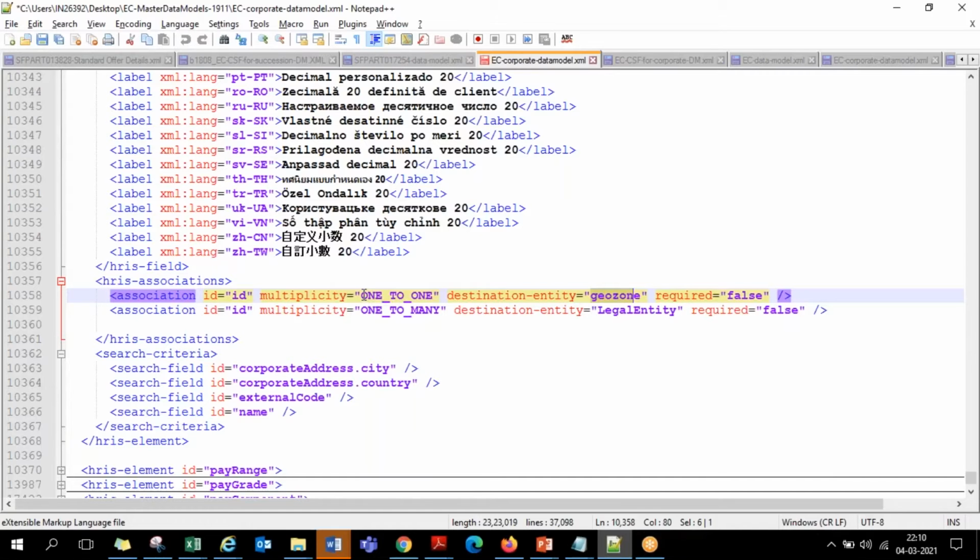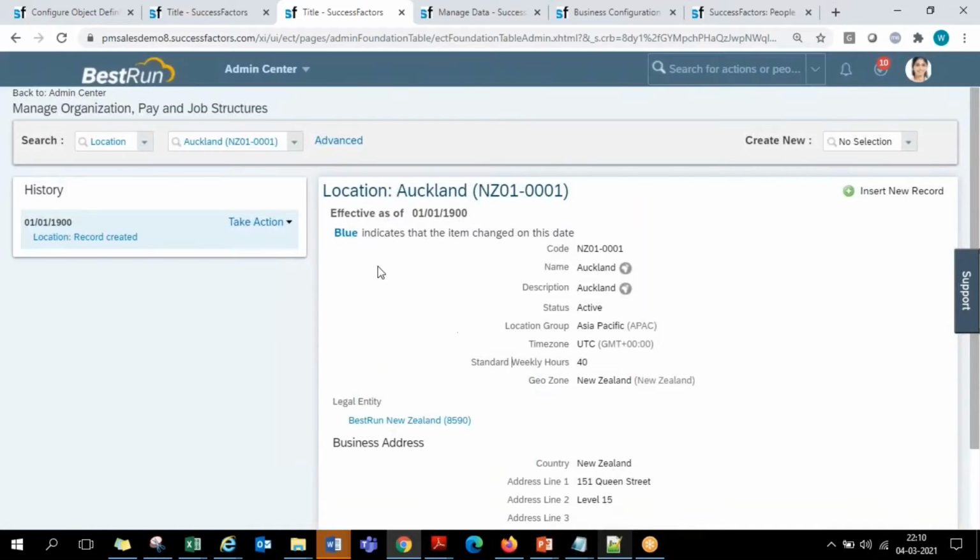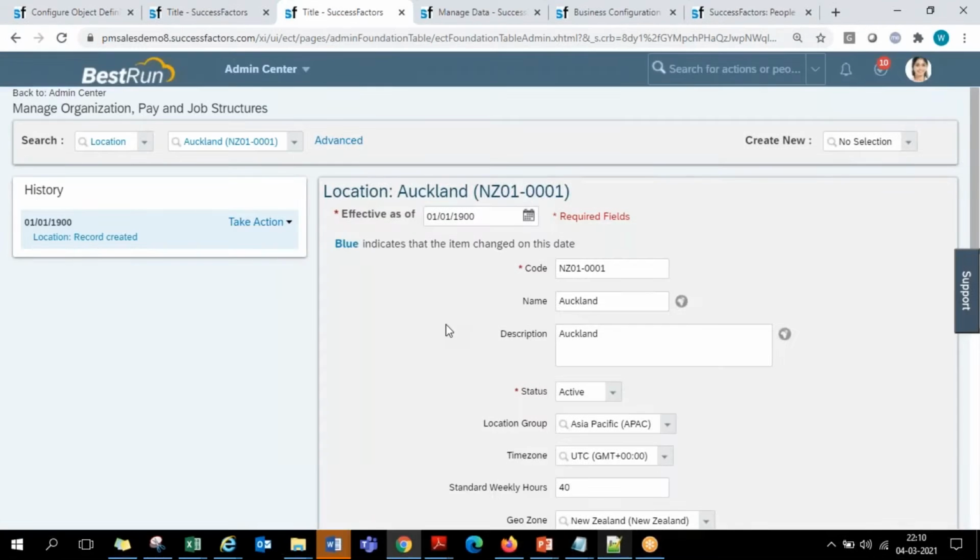the geozone. But it is given as 1-to-1 by SAP by default, that is, one location can be in one geographical zone at a time. You can't say one location is both metro and non-metro, both urban and suburban, both rural and non-rural. You can't say one location is part of two different geographical zones. It can be one at a time. So by default they have given it as 1-to-1.